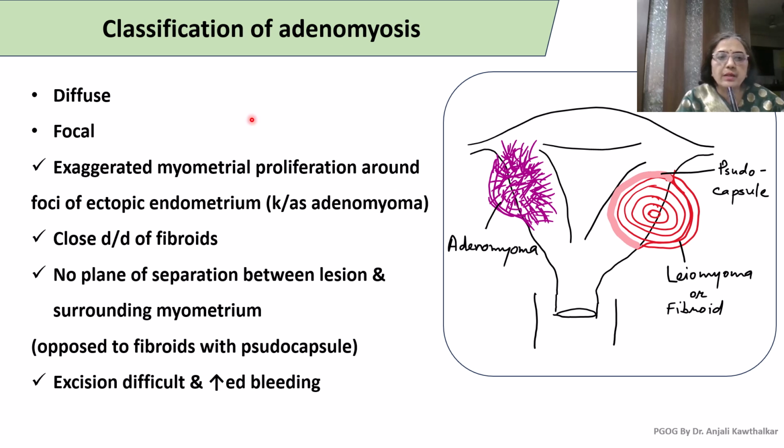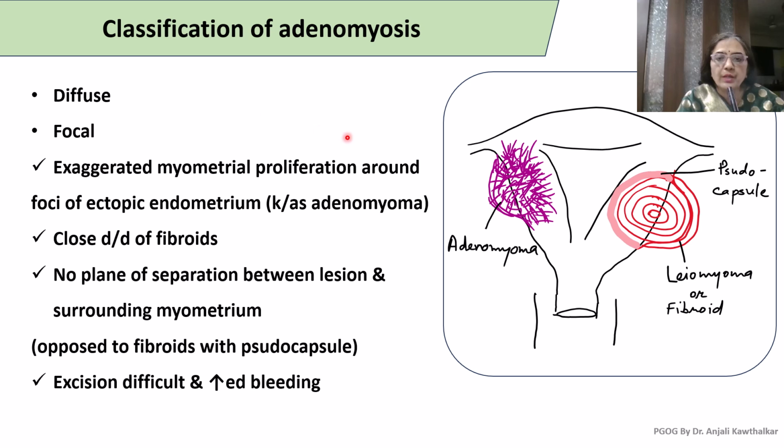Adenomyosis is currently diagnosed as diffuse adenomyosis when it is affecting the myometrium all over, or as focal adenomyosis. That is one way. Now, there are so many classifications being considered, and if we go through the literature, many classifications have been proposed by various researchers, such as whether adenomyosis is affecting the anterior wall of the uterus, posterior wall, right lateral, left lateral, or fundal region,